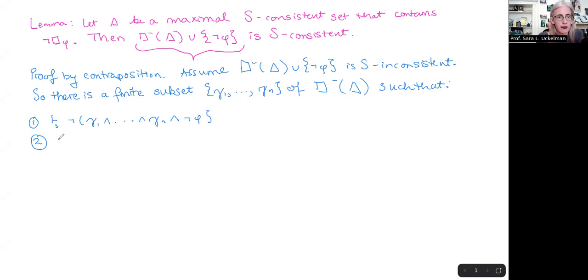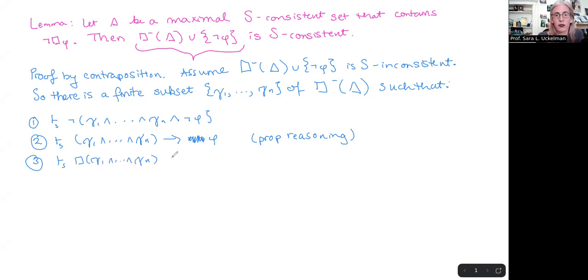By propositional logic, this is going to be the same thing as saying that if we have the conjunction of all of the gammas, well, then we have to have not phi, or let's just make it easy on ourselves, we have phi. So this is just propositional reasoning that says if you can't have all of these conjuncts together and you've got the first n of them, well, then it's the last one that needs to be the one that's false. From this, we know that I derived rule 1 because this is a rule that holds in any